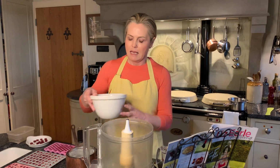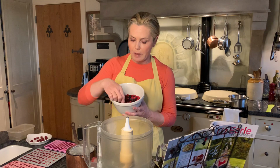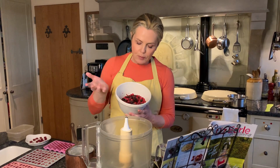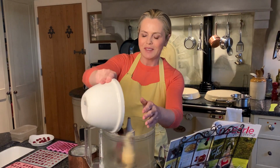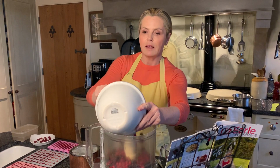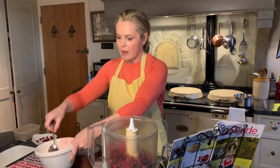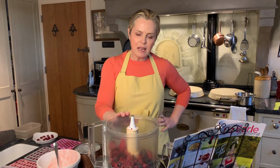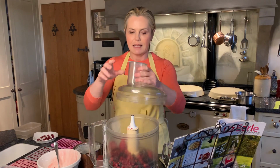Now obviously this is the winter time and I'm filming this, so I'm going to use frozen fruit. These are mixed berries. I've got strawberries, blackberries, black currants, red currants, raspberries. If you've got fresh fruit, then that's great. You can use that in the summer. And I am going to use actually half the recipe that we have in the magazine, just because it makes so many. So I've got in here 350 grams of the frozen fruit,